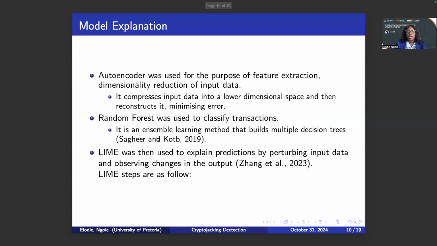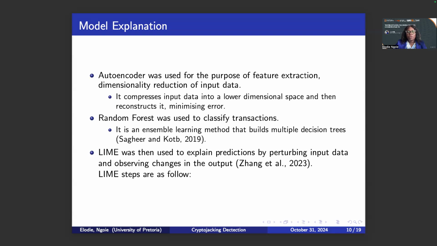Moving on to the next is how we employed the autoencoder to extract features. So it's more of compressing data into lower dimensional space, and then we reconstruct it with very minimal error, as I said previously. This will now be followed with the random forest, which would now classify these transactions as legitimate,